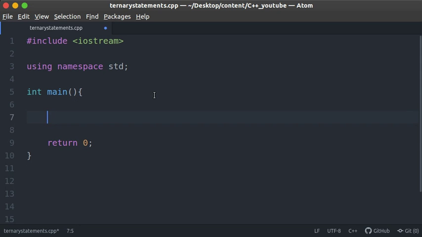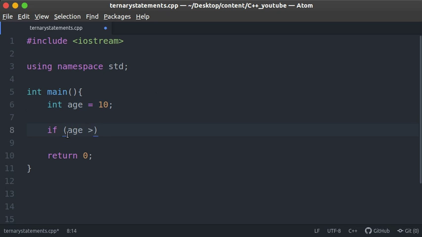Now that is done, let's go ahead and create a program that will simply output adult when the age is above or equal to 18, and child when the age is below 18 years of age. To do this, I'll show you how to do it using the if and else statement, and then I'll show you the ternary conditional statement using the ternary operator. So let's create a variable here, call it age, int age. Let's say the first time the person is 10 years old. So if